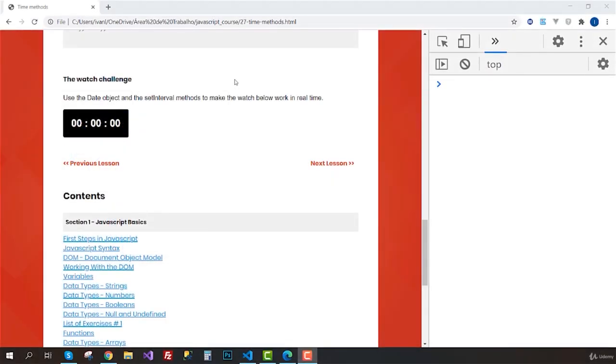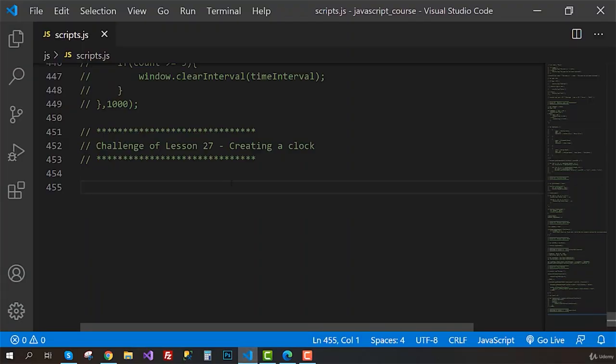Hey everyone, in this video, I'm going to solve this watch challenge. Actually, I think I should have called it the clock challenge, but anyway, you get the point. So we need to put it to work using JavaScript, and that should be pretty easy with the date object and the setInterval method. So let's go to Visual Studio Code, and the first thing we need to do is